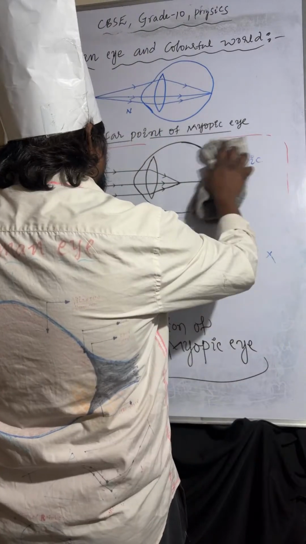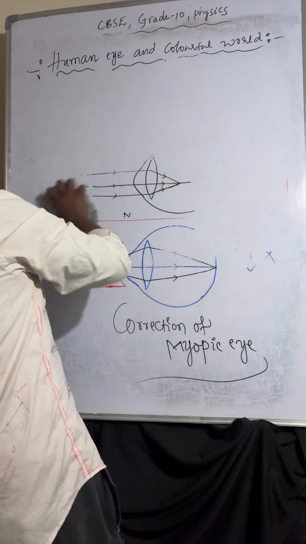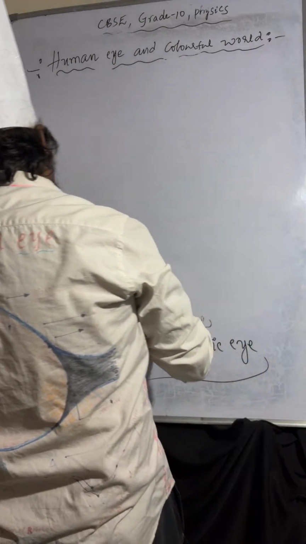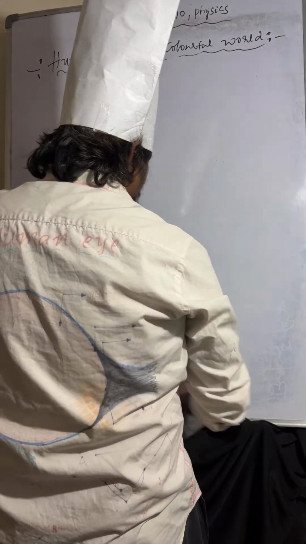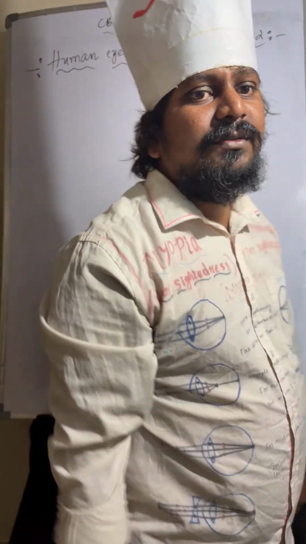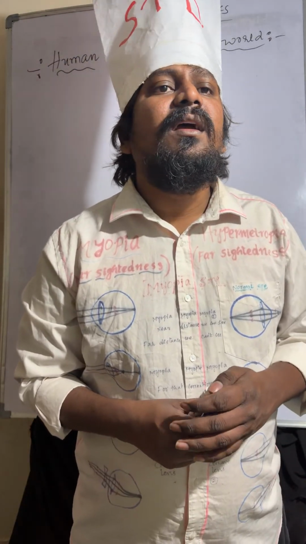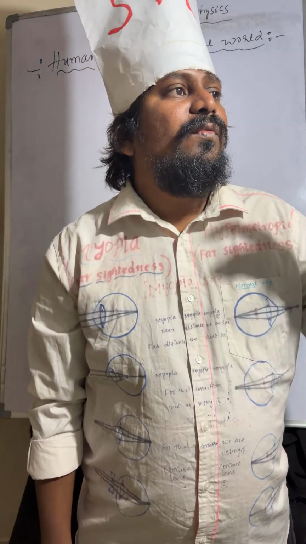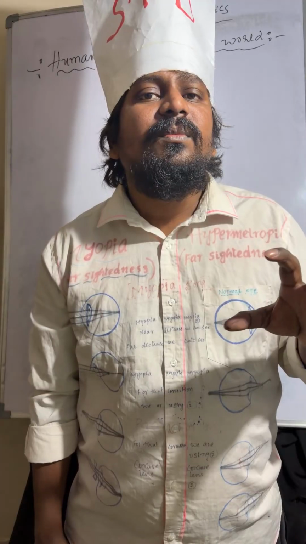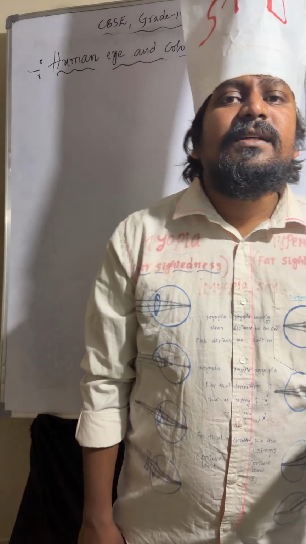Hypermetropia. Far distance we can see, near distance we can't see. For hypermetropia correction,